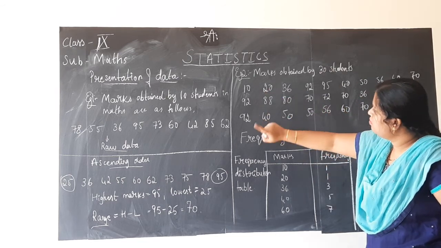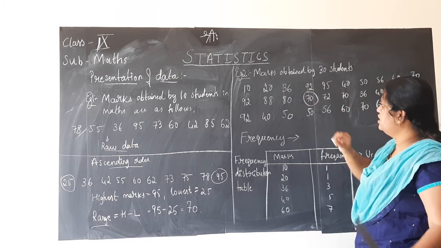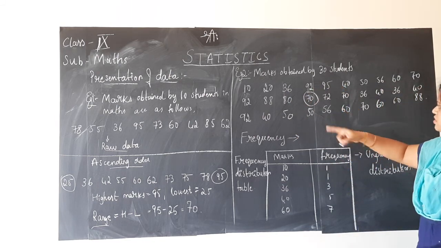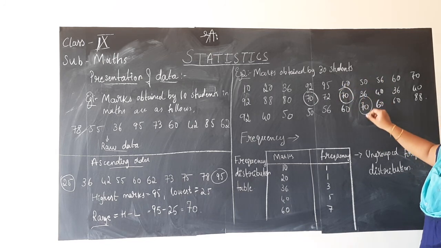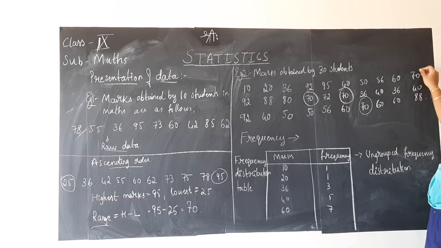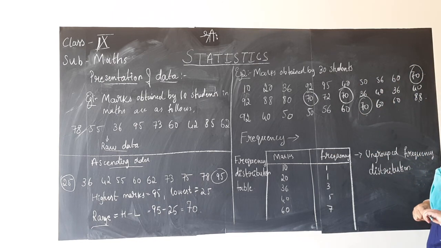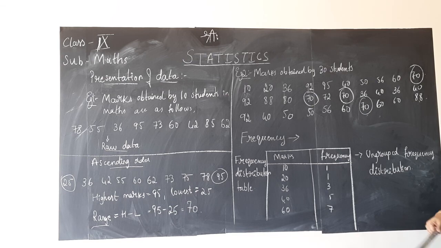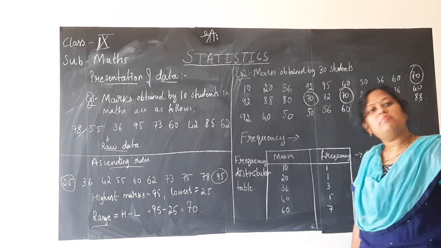So in this column, no. In this column, no. This column, no. In this column, we have 70. That is 1. In this column, do we have 70? No. Again, here we have 2. This column, again we have 3. This column, no. This column, no. Again in this column, we have 70. That's it, children. So how many students have scored 70 in the exam? 1, 2, 3 and 4 students have scored 70 marks.